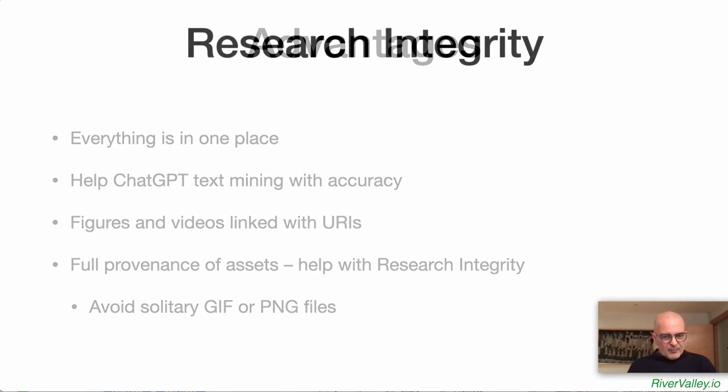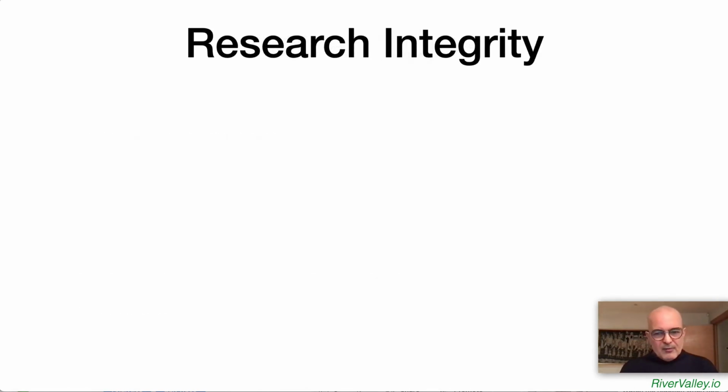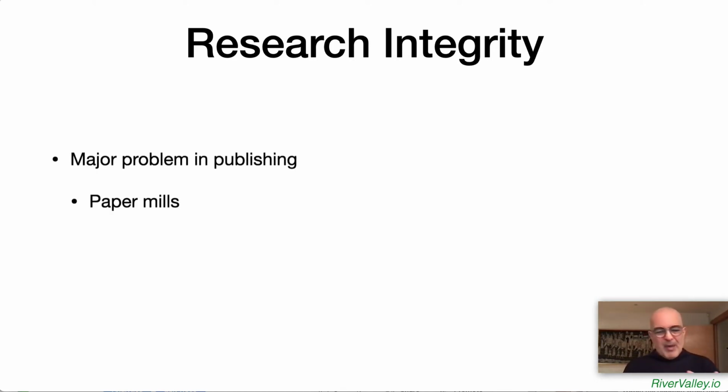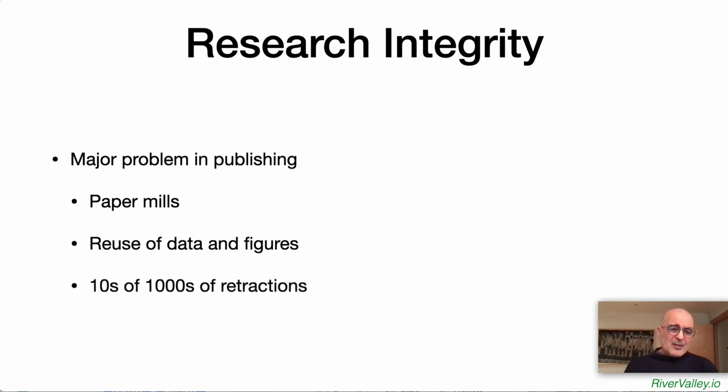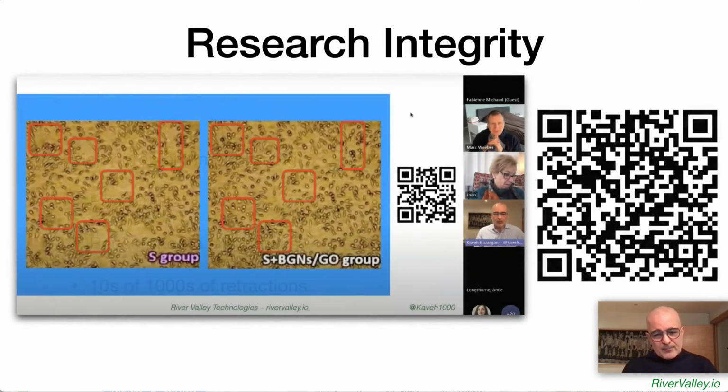Everything has a provenance. Now just a point on research integrity finally, if you're not familiar, it's a major problem in that there are so-called paper mills, where you can actually buy authorship. You can buy a paper, they'll write it for you. There are people who reuse figures and data, even Photoshop figures. This has led to tens of thousands of retractions in the last few years, and we want to prevent that. In case you're interested in more on research integrity, which is out of the topic here, this QR code will take you to a presentation I gave recently